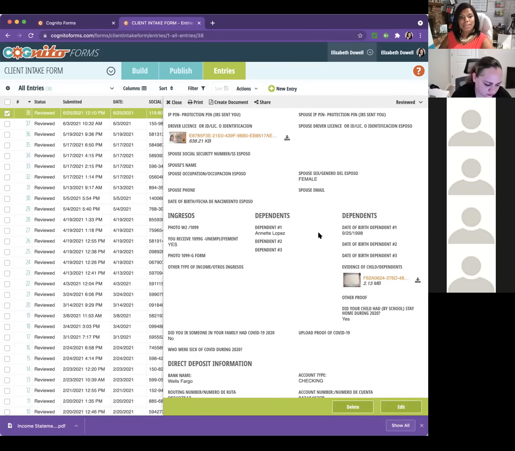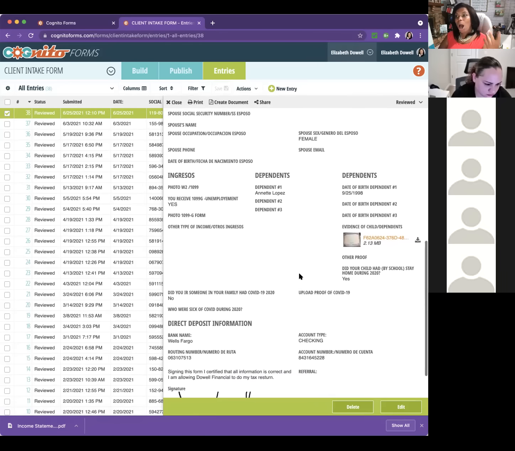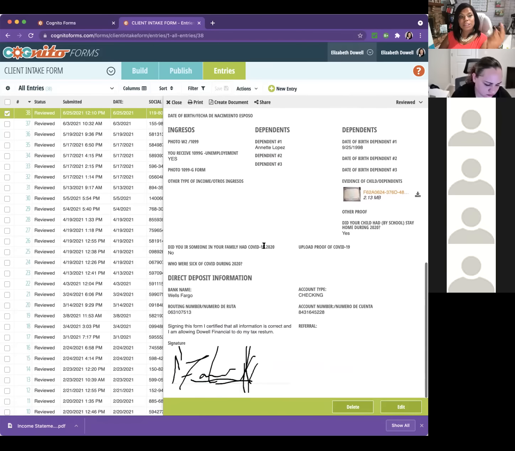You can see the driver license, information, dependents. I even asked about COVID. I asked how many days they were sick, if they have a 1099-G, so I know how to treat the tax when I start working on it, and the signature. It may not look like the best signature, but guess what? This one has